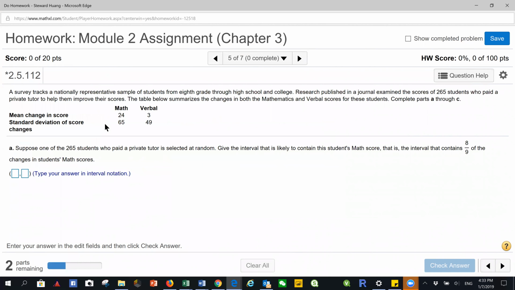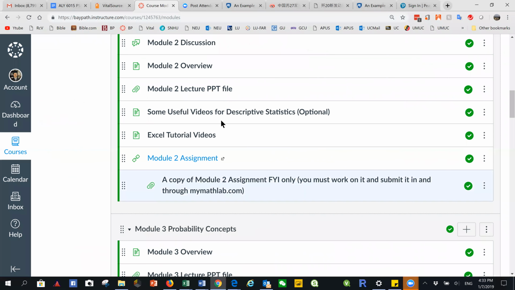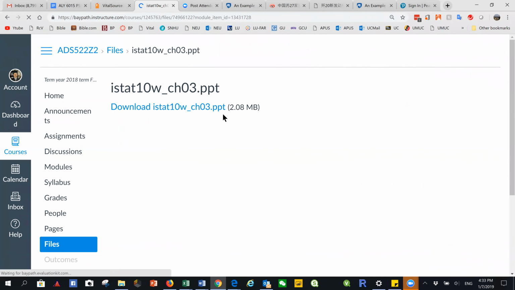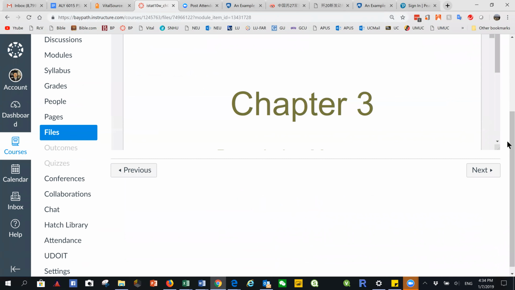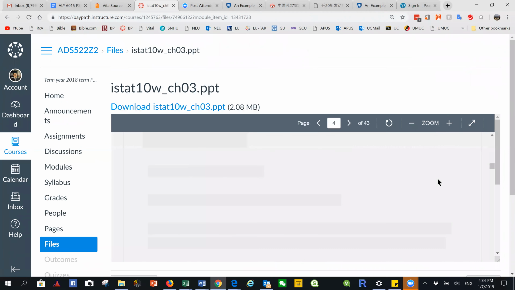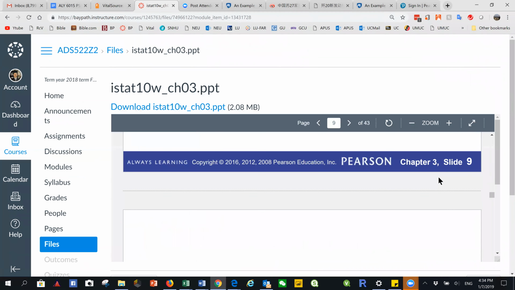Okay, then a survey track a national representative. So for this question, we want to cover the Chebyshev Rule. What does the Chebyshev Rule say? For that, we need to come back and take a quick look at the PowerPoint. In the PowerPoint, we shall see the Chebyshev Rule. Chebyshev Rule says,